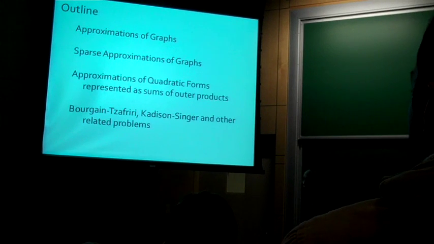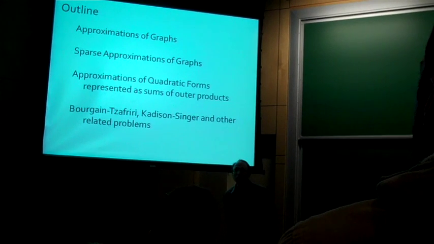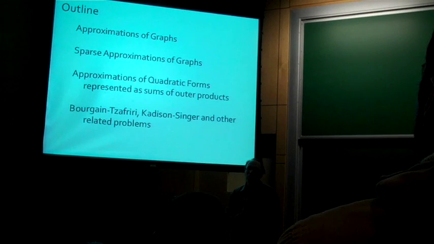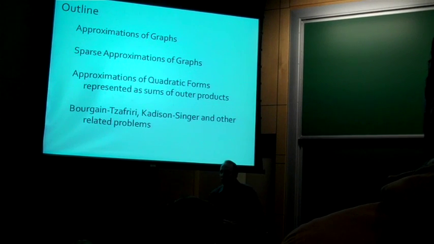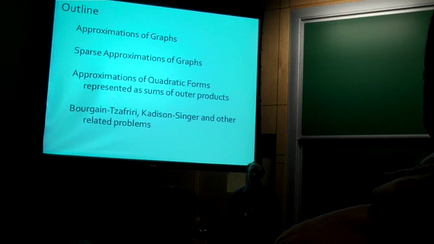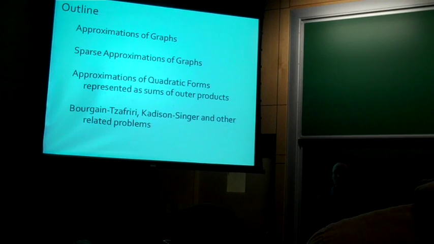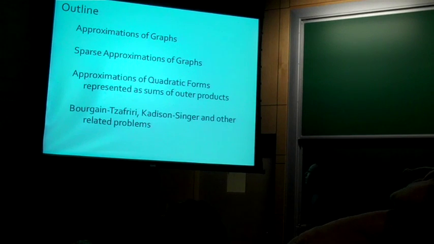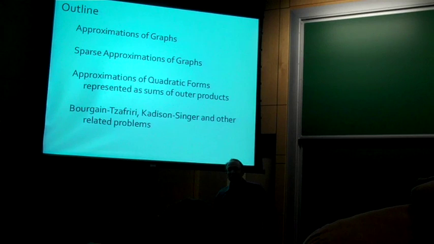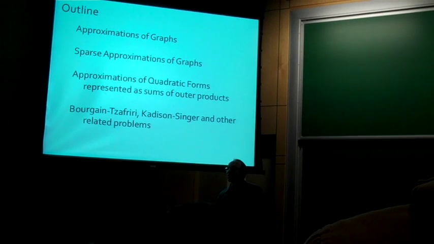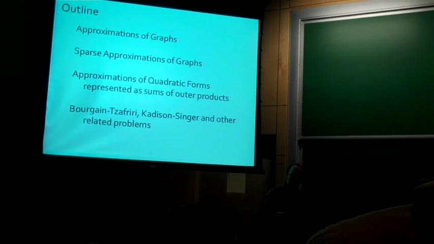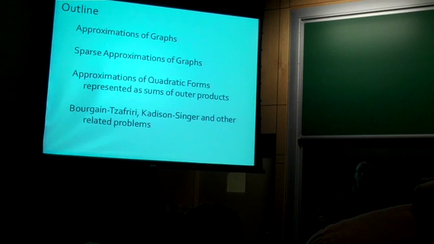So let me give you an outline of what we're going to do. I'm going to begin by describing for you a notion of what it means for one graph to approximate another. There are a couple different reasonable definitions, but I will give one that's motivated by concerns from numerical linear algebra foremost, though I won't need that framework to describe it. Once we have a notion of what it means for one graph to approximate another, we can ask whether or not a graph can be approximated by a sparse graph, where by a sparse graph I mean one having few edges. This is the problem we call sparsification.